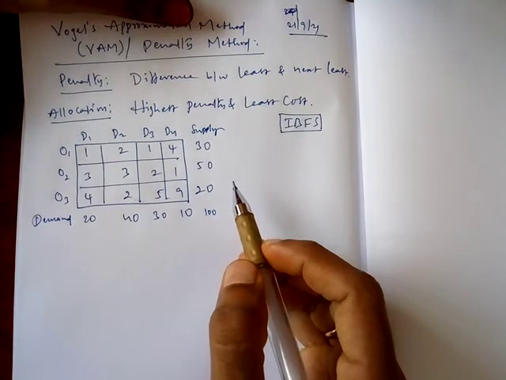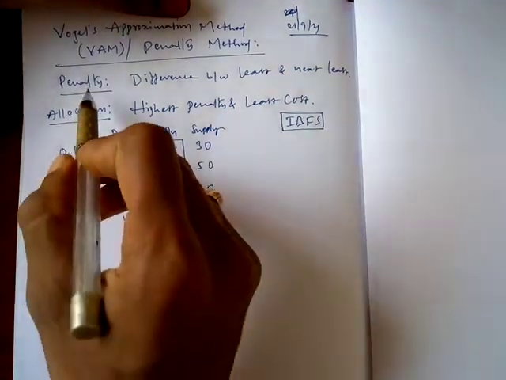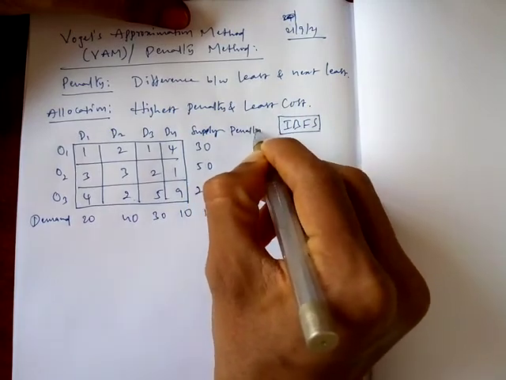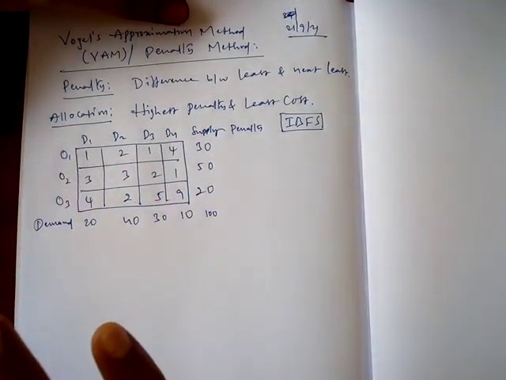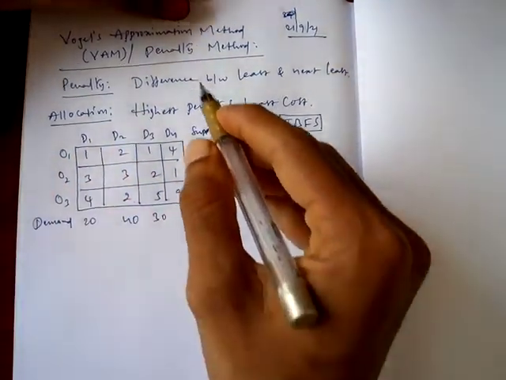So here we should understand the penalty. Penalty is some extra cost involved in this transportation problem. So here the penalty should be written here. This is the same question as the previous question we used for the northwest corner method, so the same question we are using here in the penalty method also.